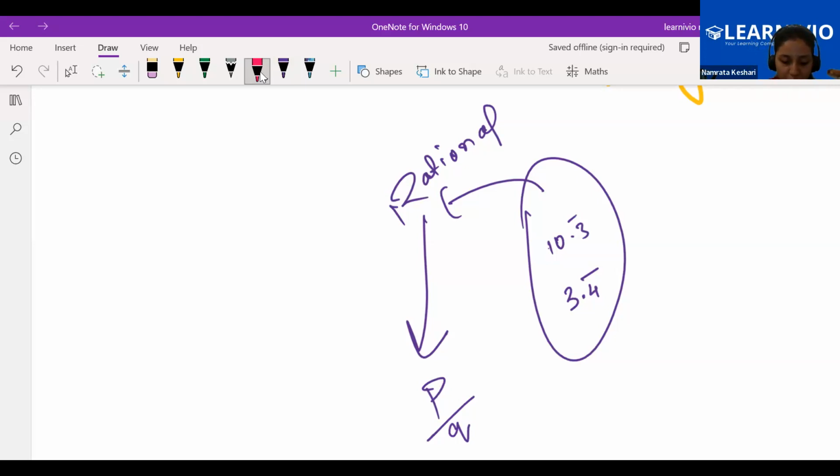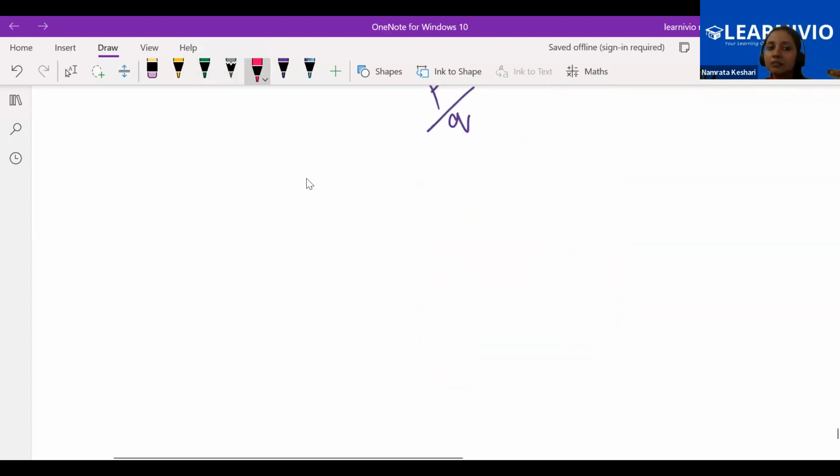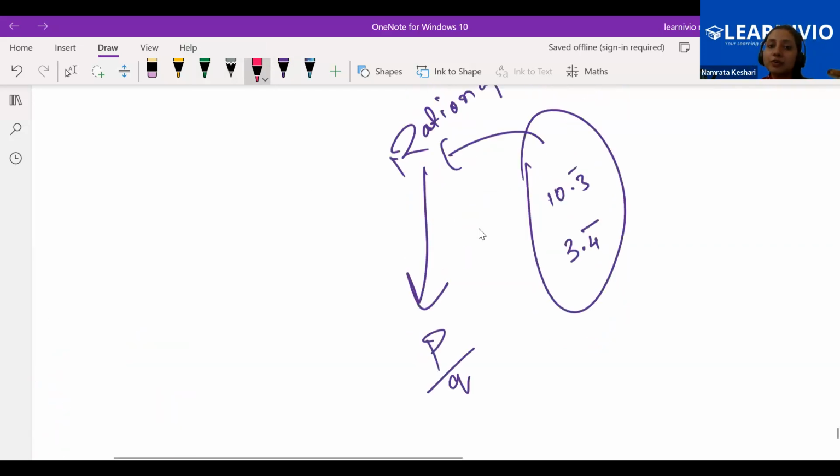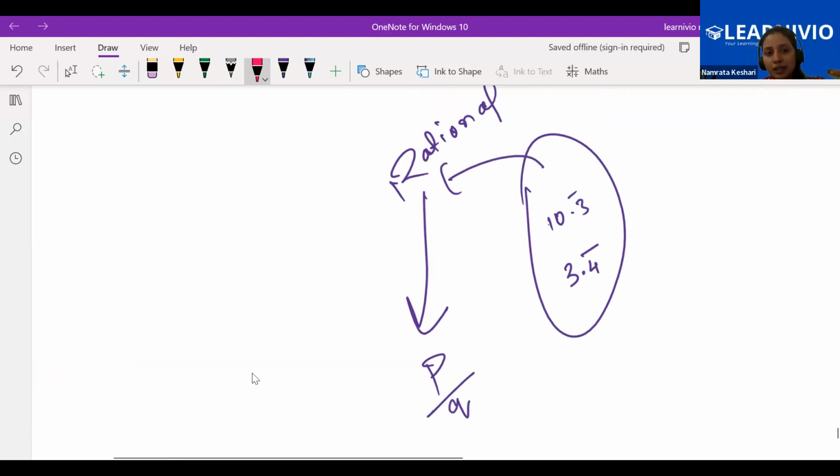So let me give a few questions. You are going to tell me what the steps will be over here. Just a second. Yeah, in our NCERT we have three questions. You need to understand the concept. If we have 0.6 bar, okay,